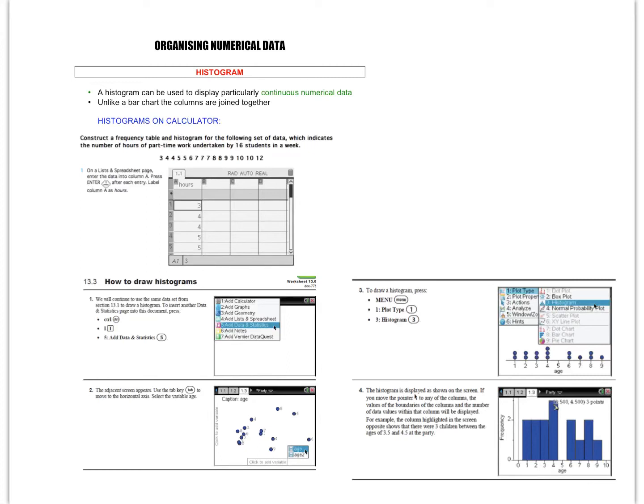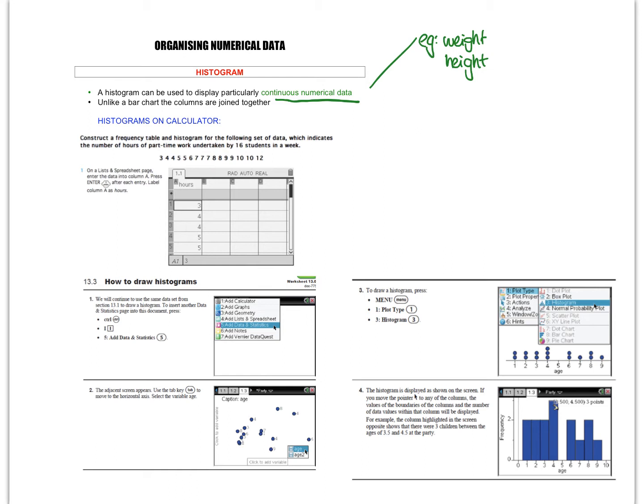Okay, so today we are looking at a way of displaying data again, but it's a histogram, and a histogram can be used for when you have continuous numerical data. So if you remember, what were some of our examples of continuous numerical? It would be like, say, the weight, something that you measure, and height. And what it means, generally you'll find